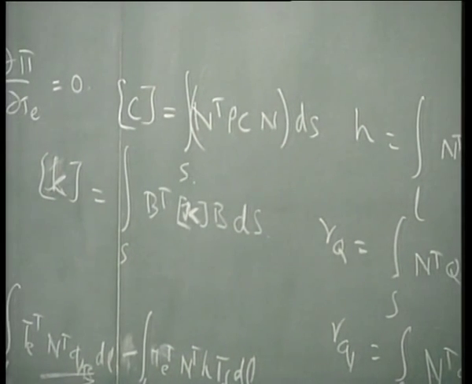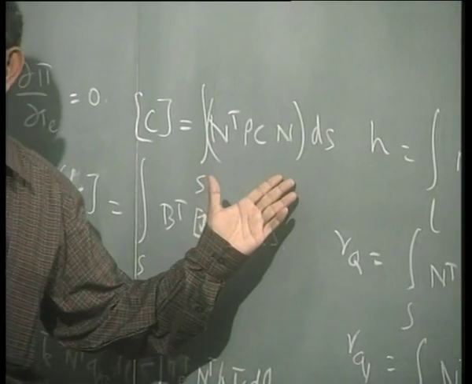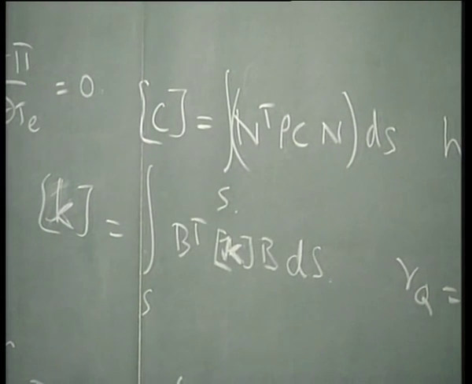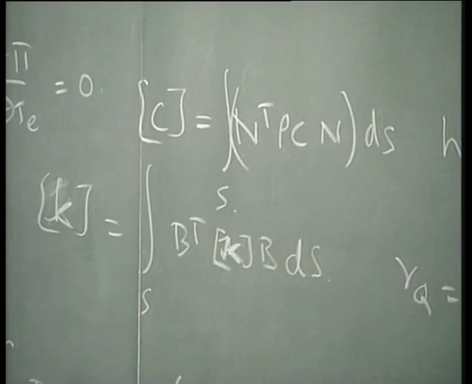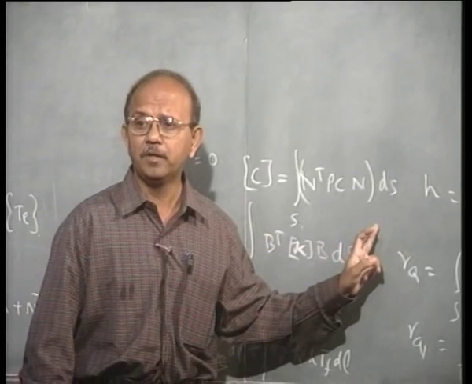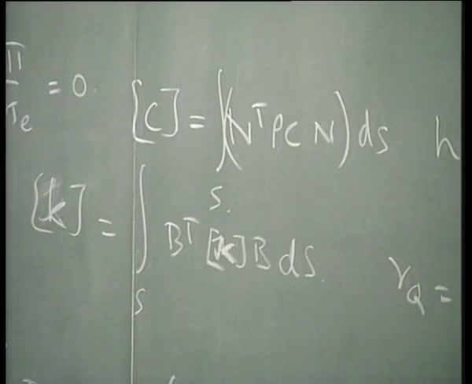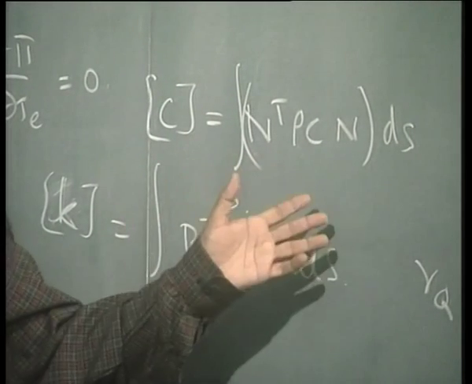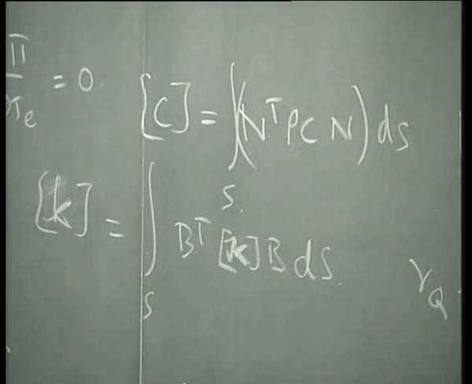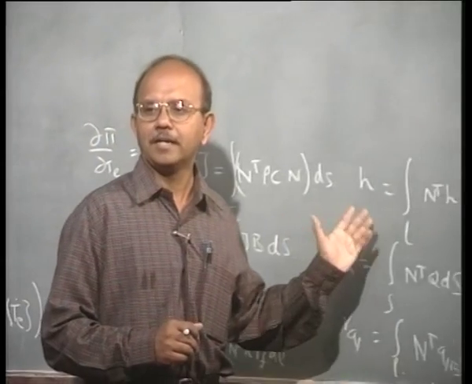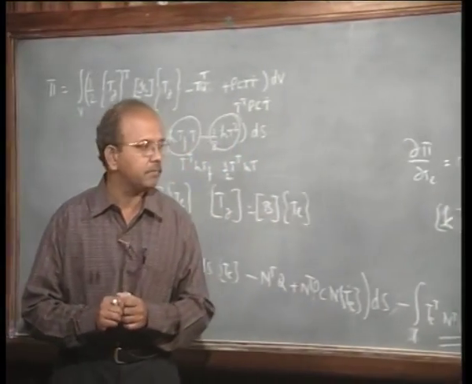This matrix is actually related with the variable T dot E, and is very similar to what is called the capacitance matrix. So first of all, note that this is called the capacitance matrix, and is very similar, in a dynamic situation, to a damping or mass matrix. In mass matrix we write it as mx double dot in dynamics. Here it is T dot. So second order and first order, there is a difference. That is what is called the capacitance matrix or C matrix.